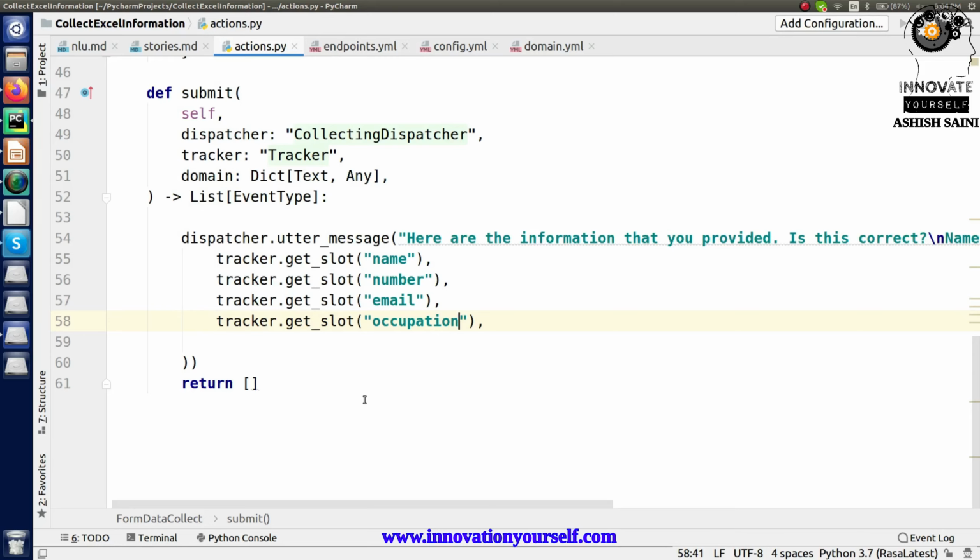Based on that, we are going to ask the user whether this information is correct or not. And let's do one thing, let's not ask is this correct, let's say, do you want to save it, right? So this is what I'm going to ask now.